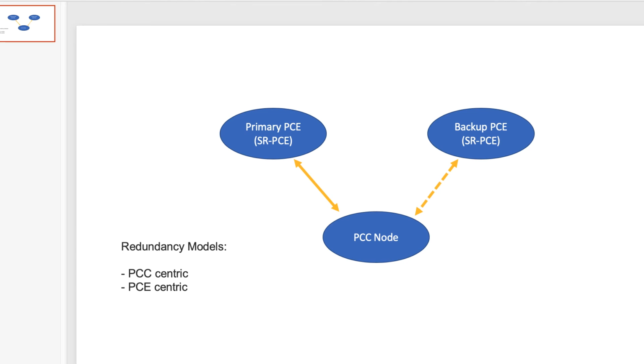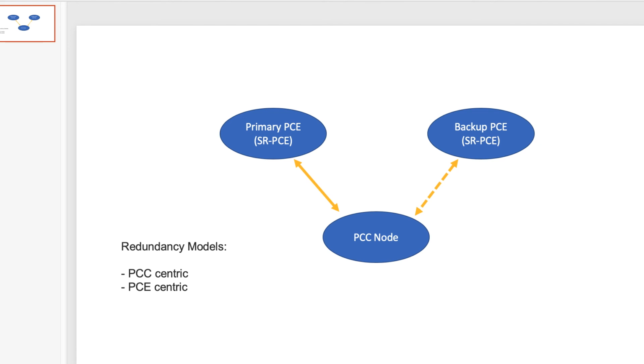So hopefully that clarifies the two modes, the PCC centric and PCE centric. And the recommended mode is PCC centric because it is quicker to detect failure. In the PCE centric model, as we talked about, somebody needs to redelegate, it needs to release the delegation and then pass it to the other SRPC, and that could really take longer.